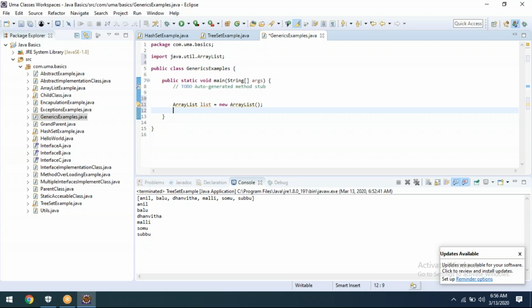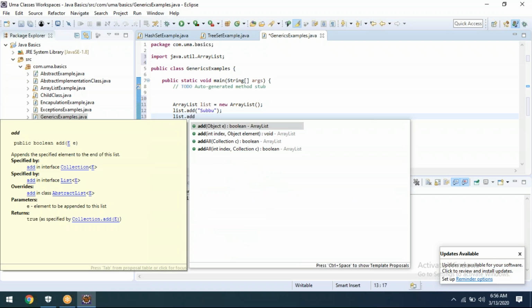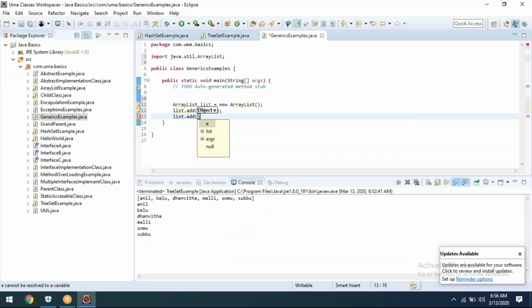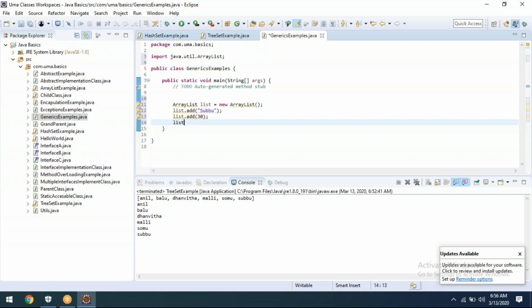Now I'll try to insert: list dot add. It's an object, hence I can add my name. List dot add false.